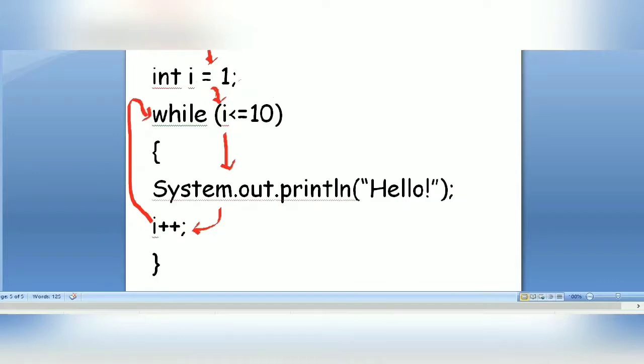So initially our I is equal to 1. Is I less than equal to 10? Yes. So the print statement will work. After that I will be plus plus, means I equals to I plus 1. So now I becomes 2, and then it will go back again to the while loop and start checking, is 2 less than equal to 10, and yes, if it is, it will continue again, and it will continue till I becomes